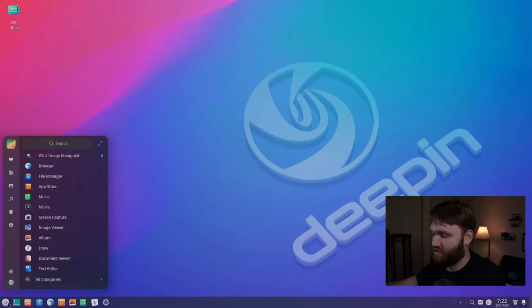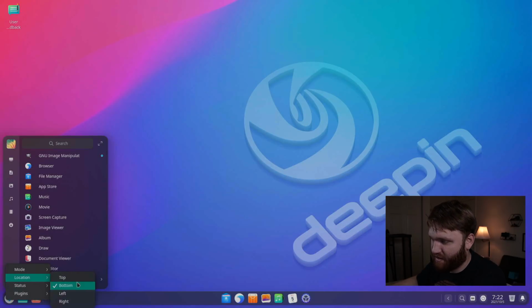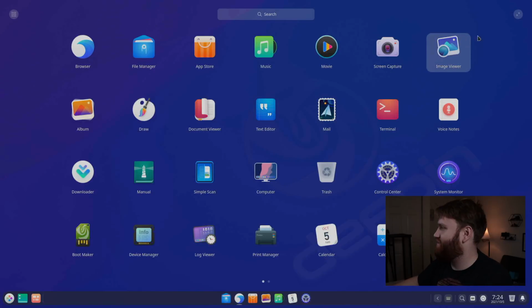And here's where you can change it to efficient mode, so you have quick options to these various settings. Right-clicking, you can also enable and disable various plugins, various statuses, and actually change the location of this taskbar here on the bottom. There it is. Okay, what I was just trying to do, I knew that this was here, but I kind of forgot how